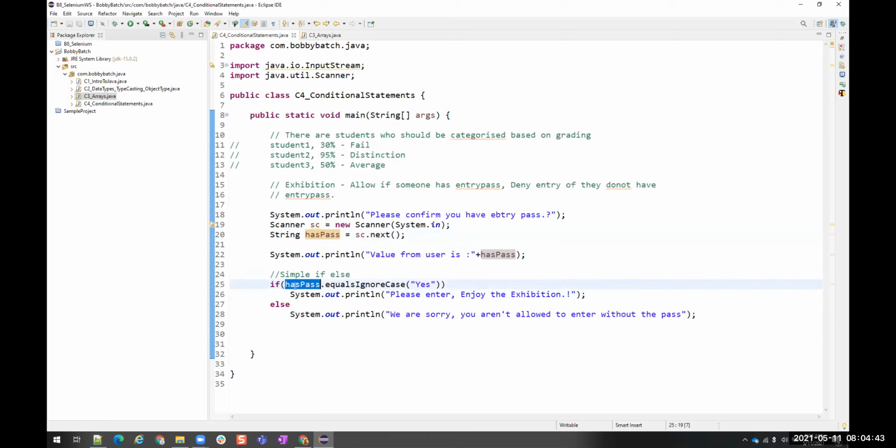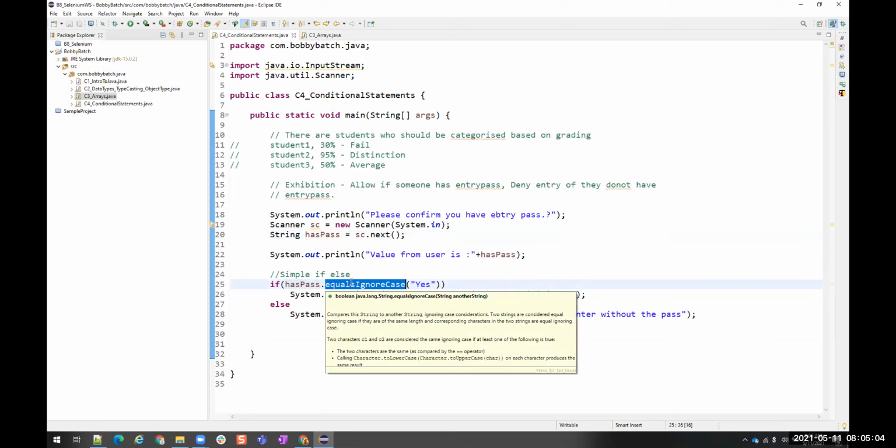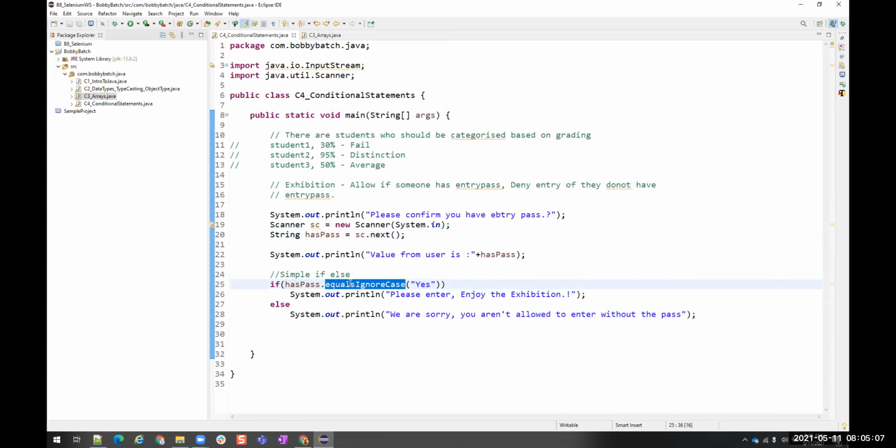If this variable is not yes, it might be anything else: no, nah, I don't, any other values, then it goes into this. Understood? To compare the value present inside this, I'm using equalsIgnoreCase. We'll learn a little more about equalsIgnoreCase when we go to string operations. That is a separate session. But now you understood, right? What happens in if else conditions?